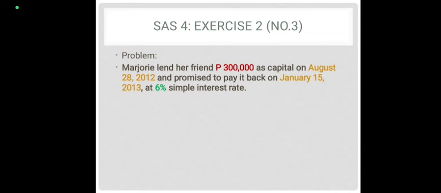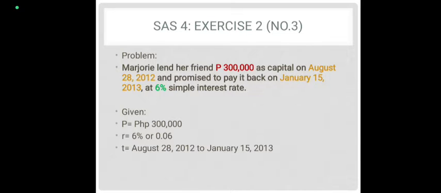First, let's have our given. Let's identify the given of this problem. So first, our principal is 300,000 pesos and our rate is 6% or 0.06. And our time is from August 28, 2012 until January 15, 2013. So we need to compute first the actual time and the approximate time. So here, to compute the actual time and approximate time, we need to use